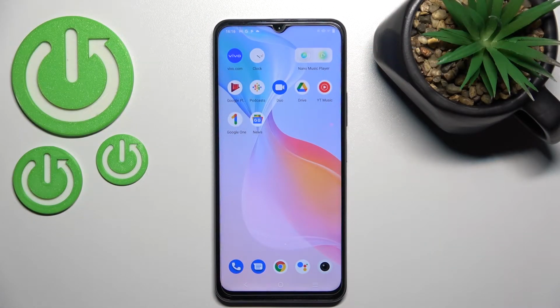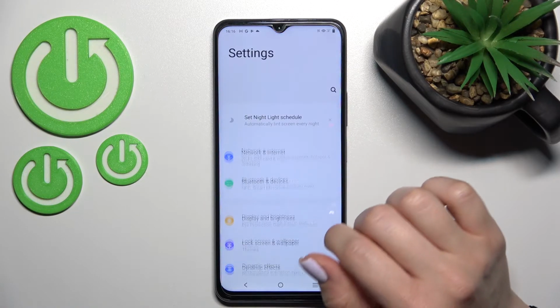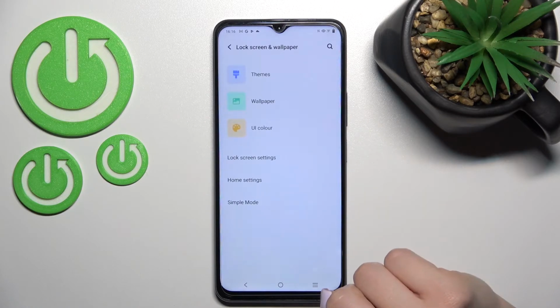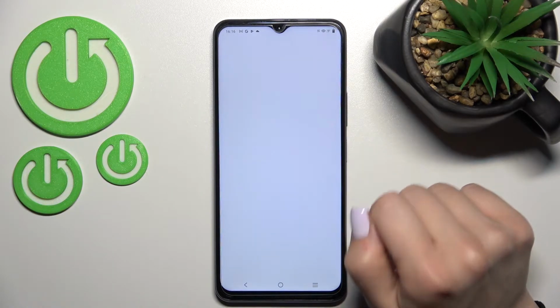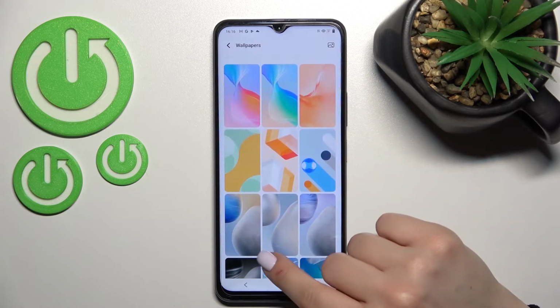Welcome, today in front of me is the Vivo Y76 5G, and I'll show you how to change the lock screen wallpaper on this device. So first you should go into the settings application, and after that tap the lock screen and wallpaper section. After that, tap here on wallpaper, click allow, and now you can see all the available